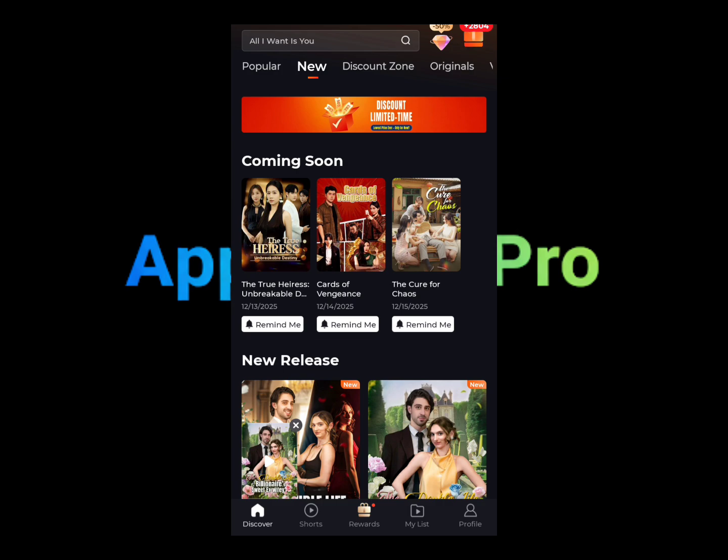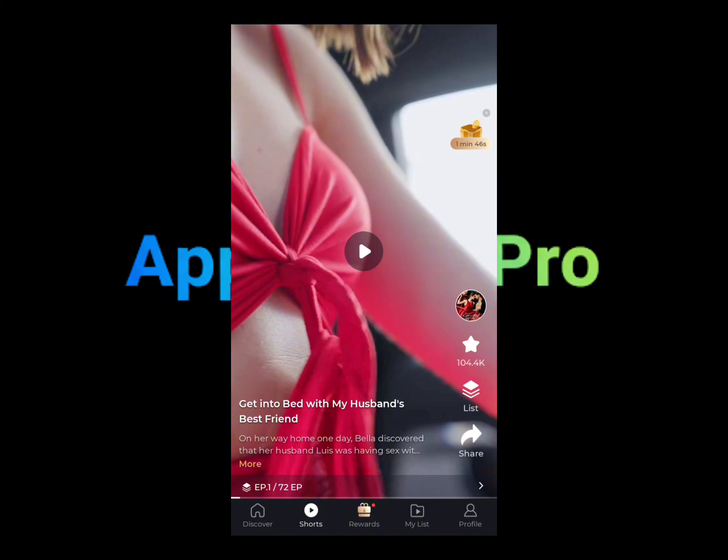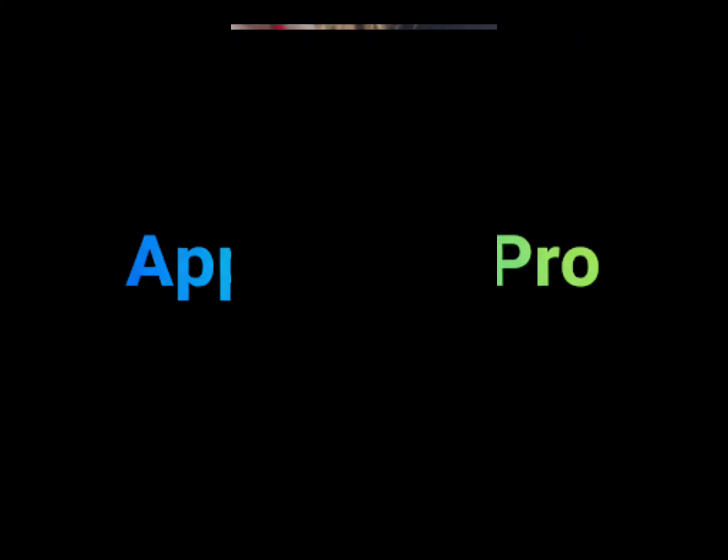So in the short section, this is pretty much like the TikTok scrolling option where you can just scroll, and we'll pretty much show you different types of drama movies, short parts of the drama movie, the interesting part. And if you like it, you can just stop on the episode zone here. If you're not seeing it,